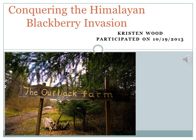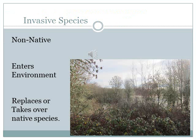I decided to partake in a volunteering service during the fall-like morning at the Outback Farm on Western's own campus. The project that the volunteer group was sent out to start was the removal of the invasive species, the Himalayan blackberry. As we ventured through the farm, we were introduced to the Himalayan blackberry, which is an invasive species found in